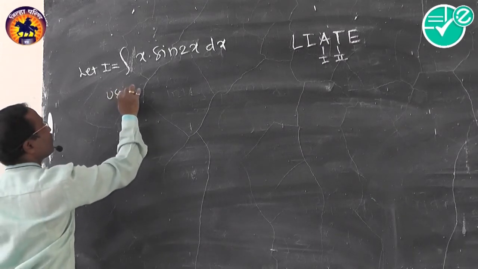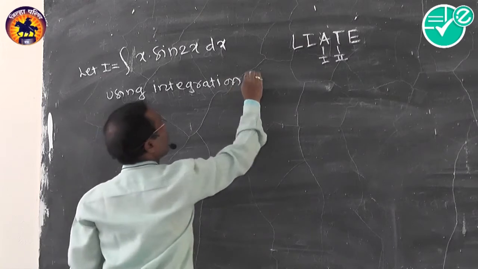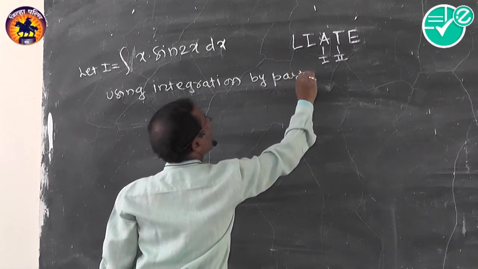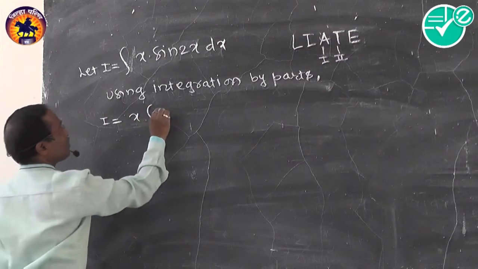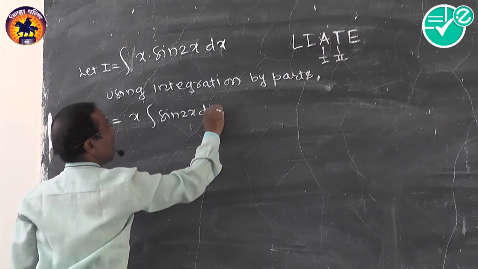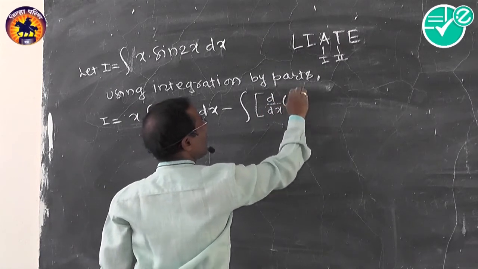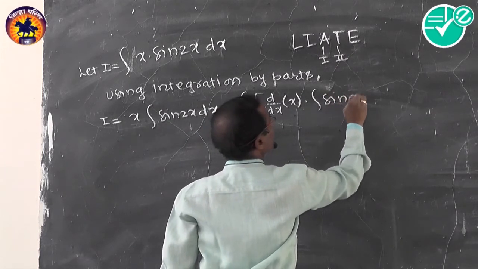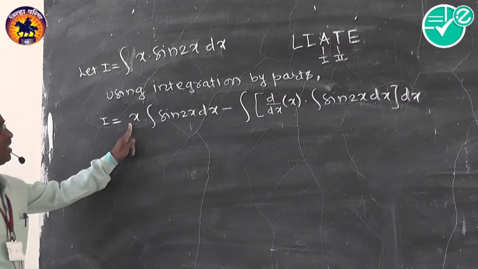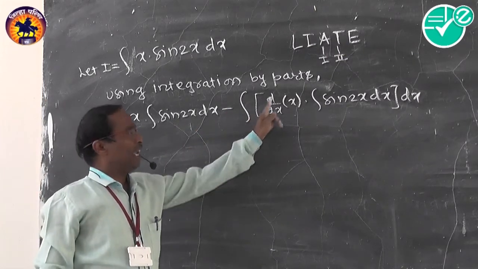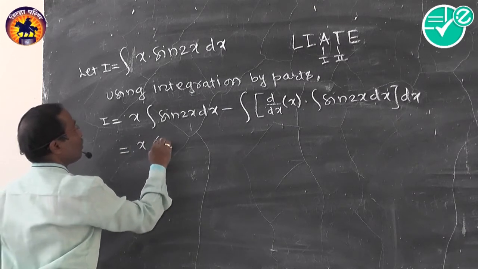Using integration by parts, I is equal to first as it is, integration of second, minus integration of derivative of first, d by dx of first function, into integration of second, with respect to x. So we get x into minus cos 2x